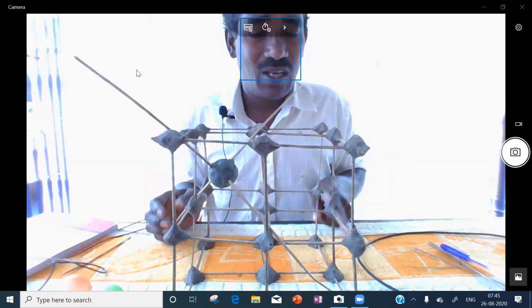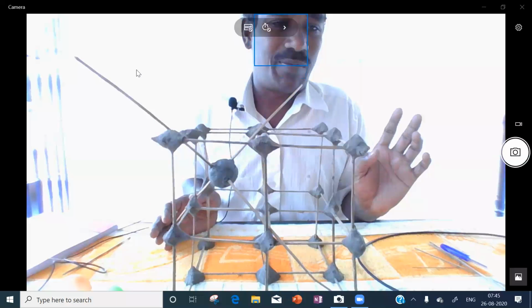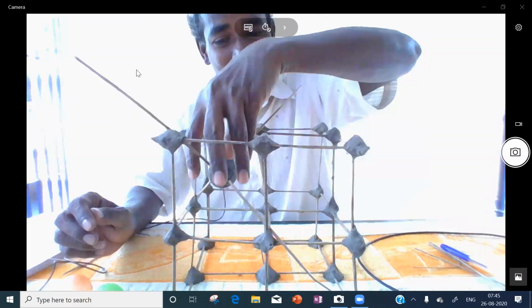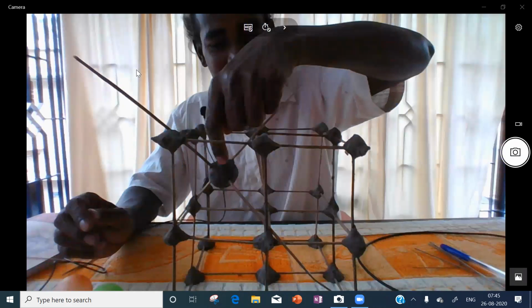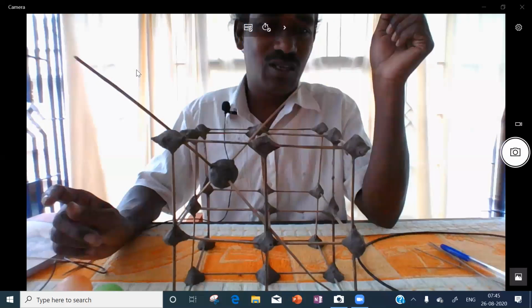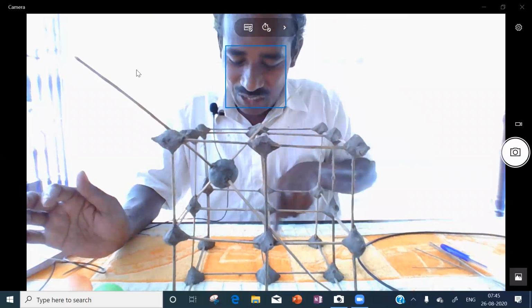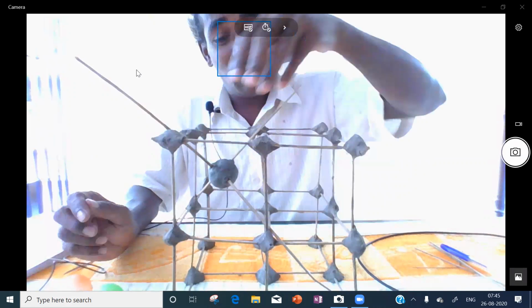In this one FCC unit cell, how many small cubes are there? In this small cube we showed a tetrahedron, and the center point of this small cube is called a tetrahedral void. Now you say, in this FCC unit cell, how many small cubes like this are possible?